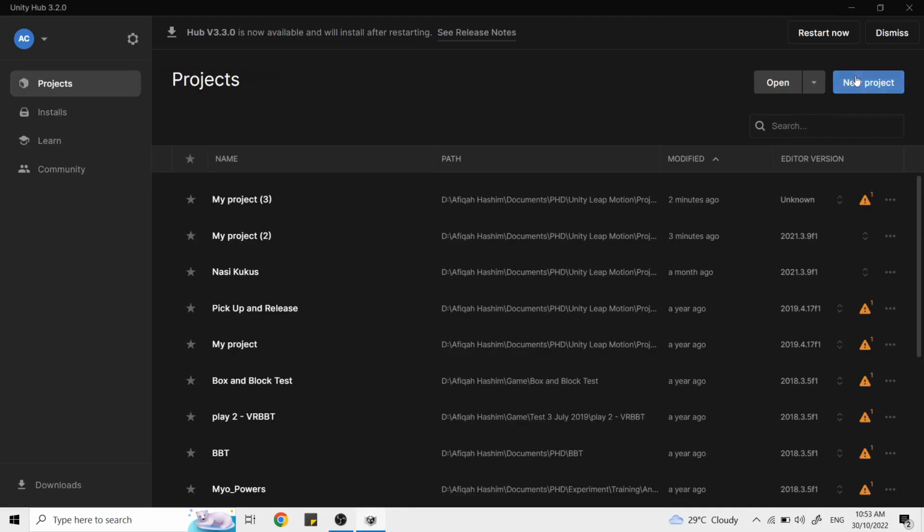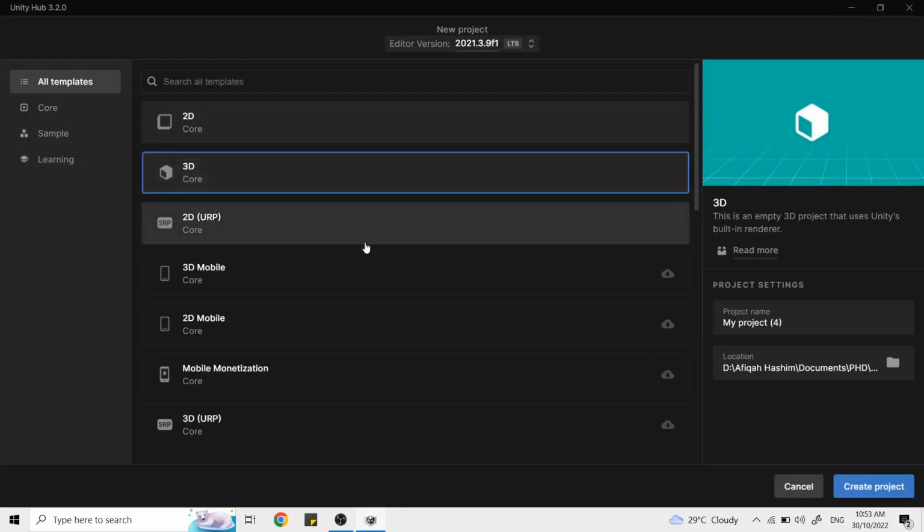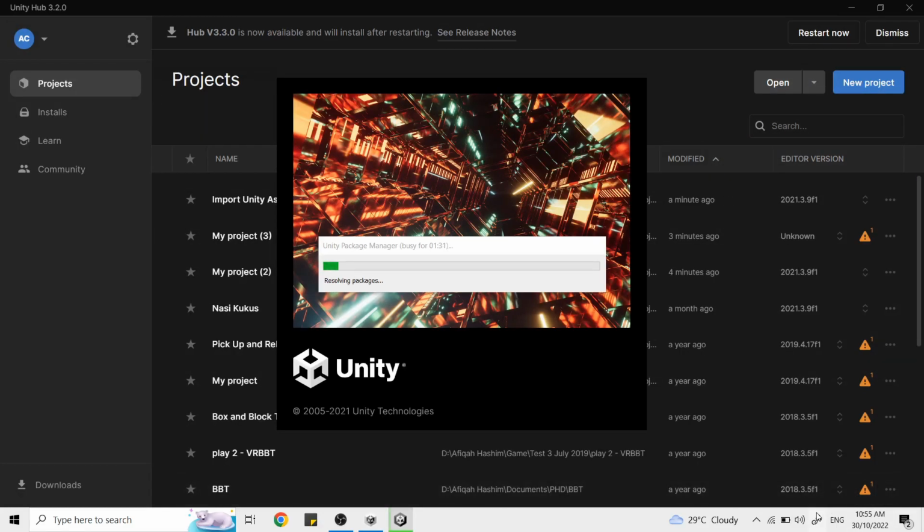The first step is, of course, you need to start a new project. Select 3D and let's rename it to Import Unity Asset Store. You need to wait for a while and